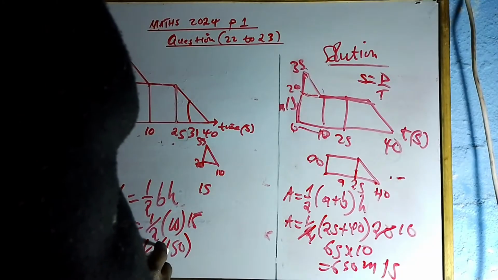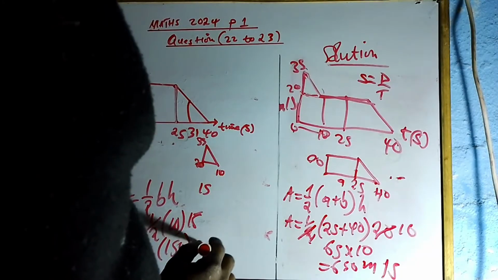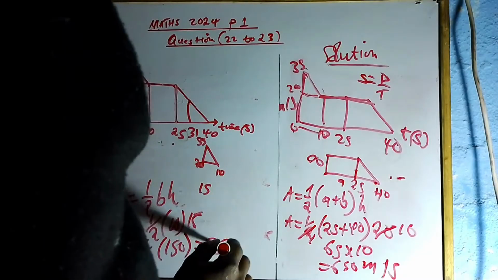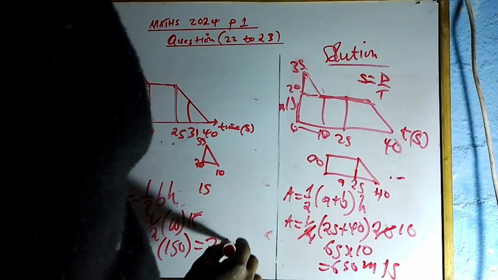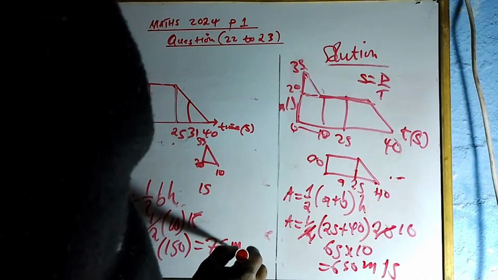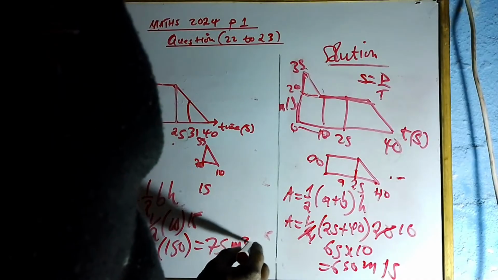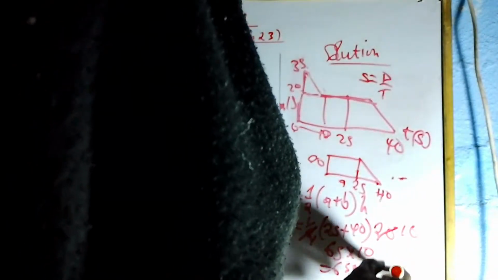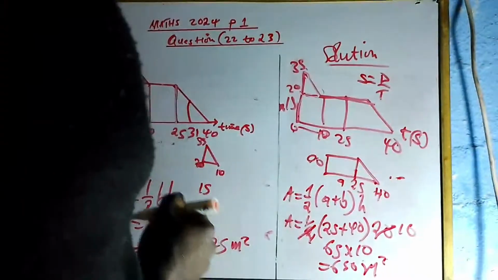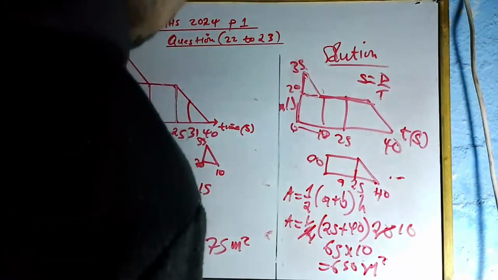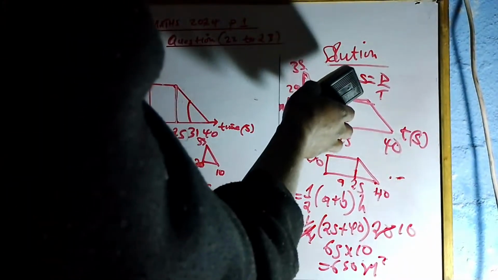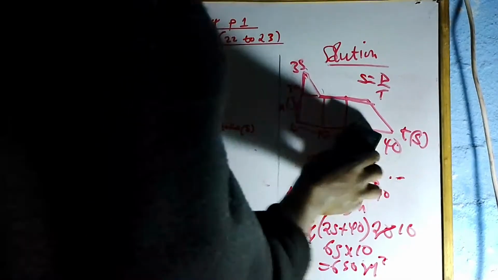Then 2 into 150, you're going to have 75 meters squared. Okay, because this is an area, meters squared. So now, because we're only focusing on finding the average speed for the whole journey,